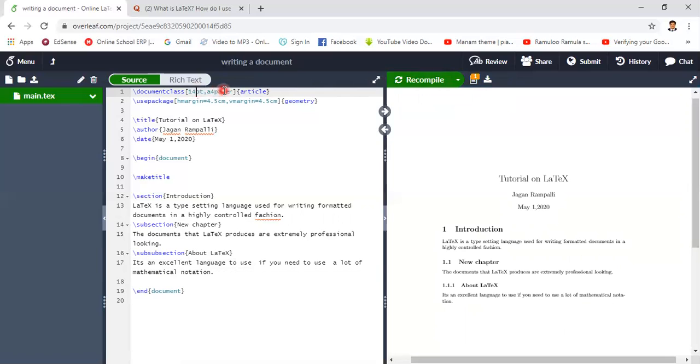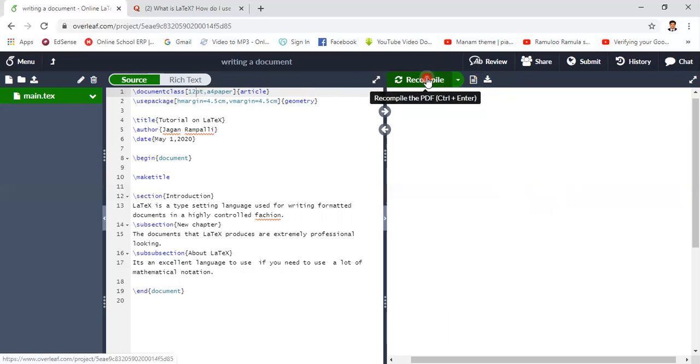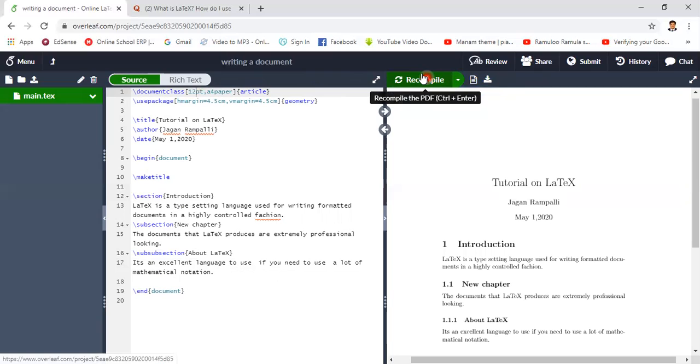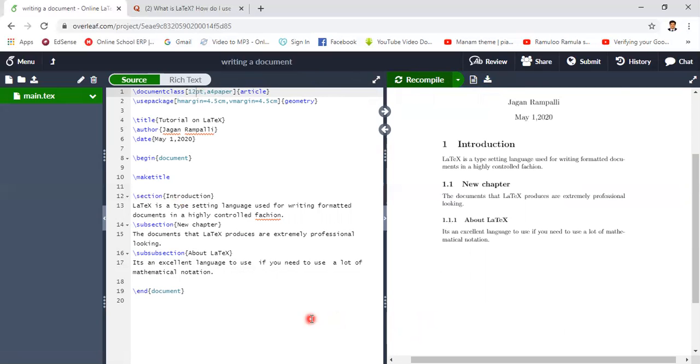So let us give 20 here. That is the change. So the better base is 12 point. Like that you can change, right?